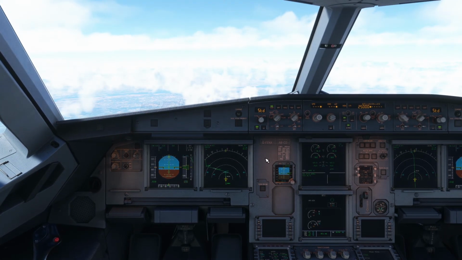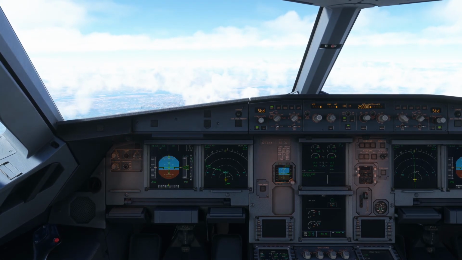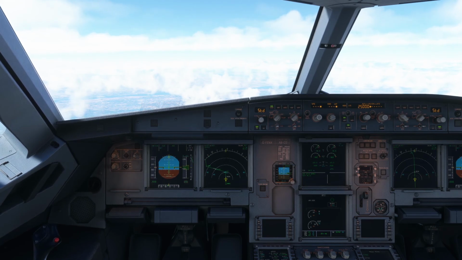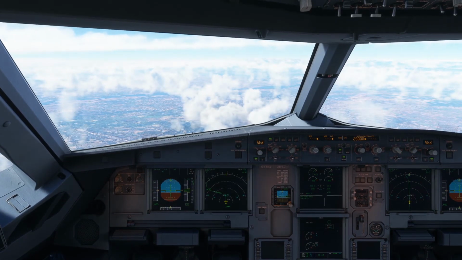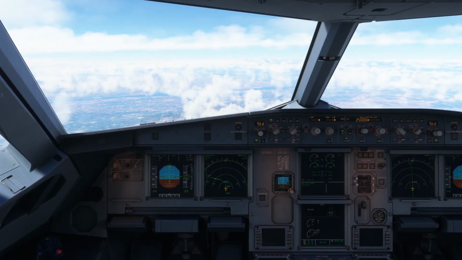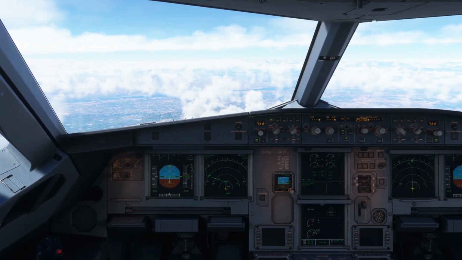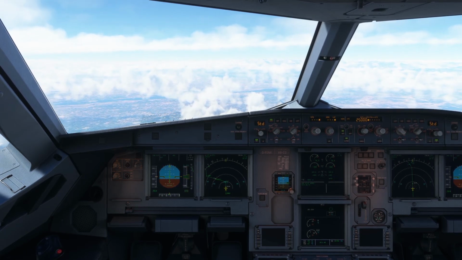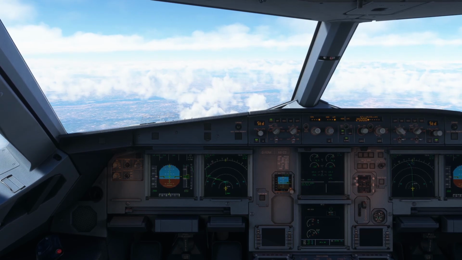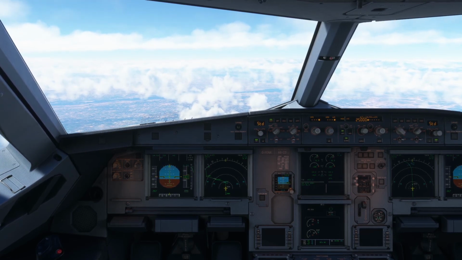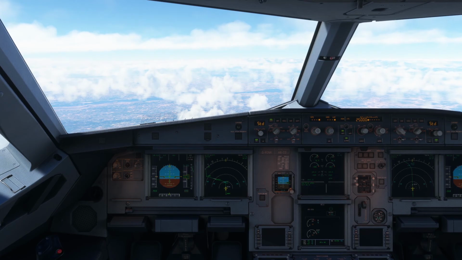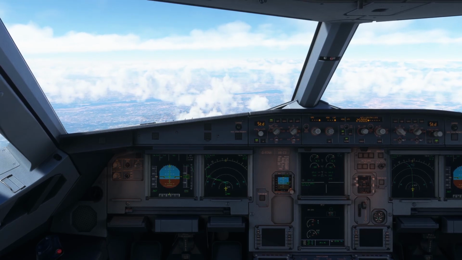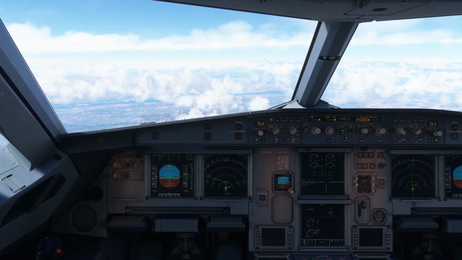As I told you before, it's not a tutorial, so I'm not going to get into the details. I'm just assuming that you're at a certain level of expertise, but you haven't tried the Fenix Airbus A320, and before buying this plane, I assume that you're coming to YouTube to see which functionalities of this plane are available to you after the purchase. So that's why I'm not going into the details. I will be doing some tutorials in the next few days, so you can watch those videos and then you can learn even to fly,